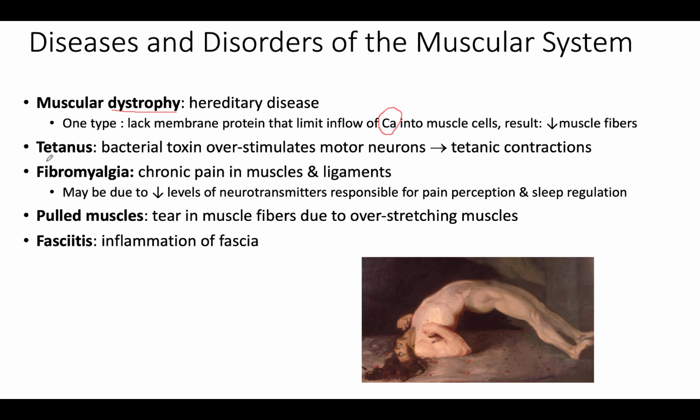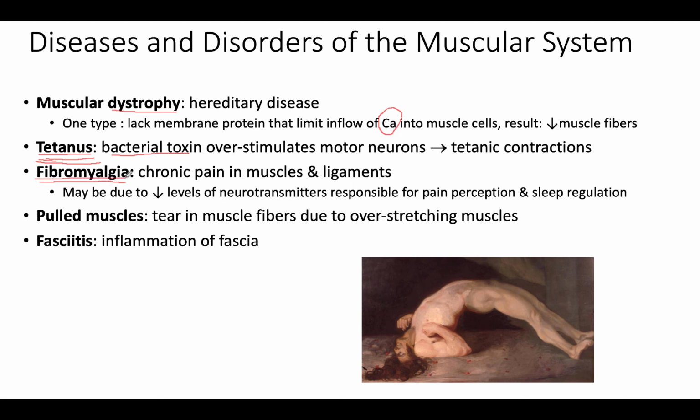Okay, tetanus. All right, everyone's heard of getting a tetanus shot, right? If you get bit by a dog or something like that, or an animal, you have to get a tetanus shot because of the dangers of this bacteria. So this bacterial toxin can stimulate our neurons to contract muscles that should not be contracting. Very dangerous, very painful. Fibromyalgia,